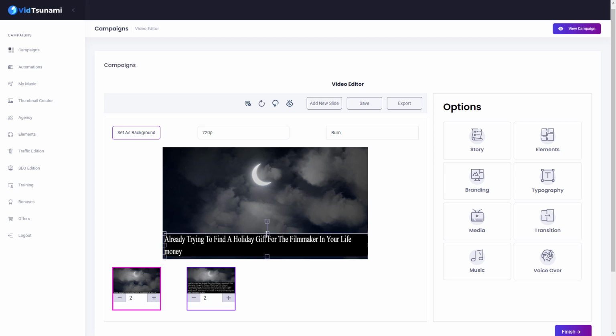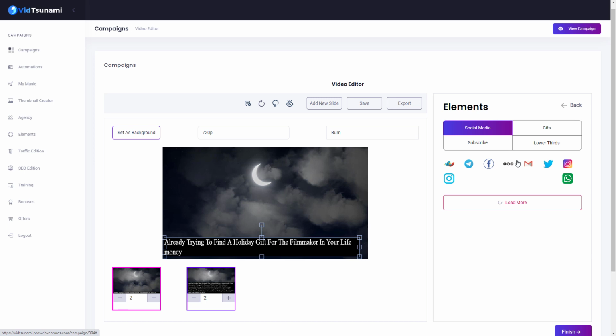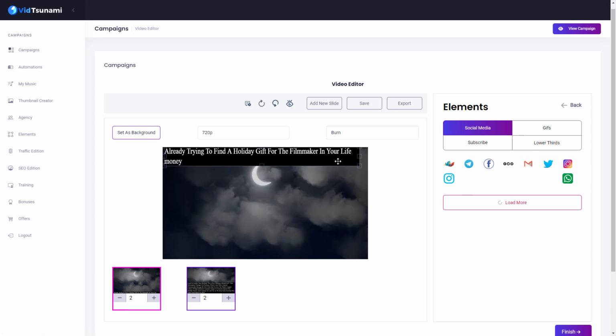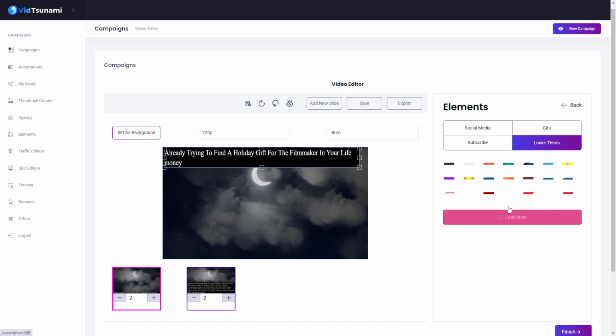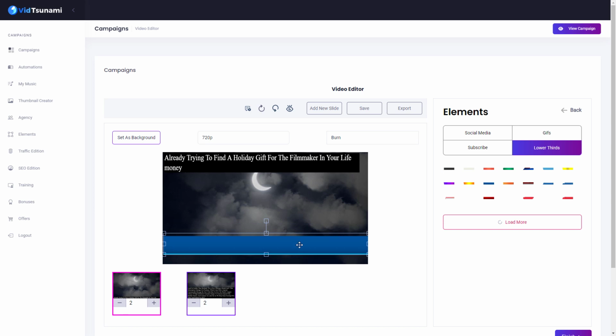Doesn't look great, but I can make it a bit bigger and I can move it about if I want to. Elements, we can add in some lower thirds, but it's a bit odd as this pretty much sets itself, this text sets itself up as a lower third, but why not? Let's add a lower third in. It's loading. I don't want to load more, so I drag this here and I get a lower third, but I can't type in it. I can't really do much with it.